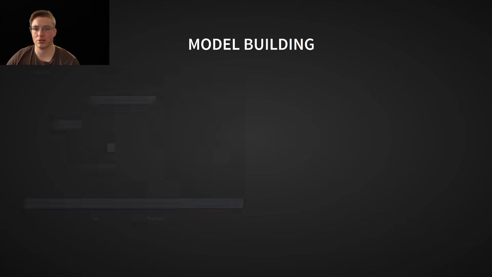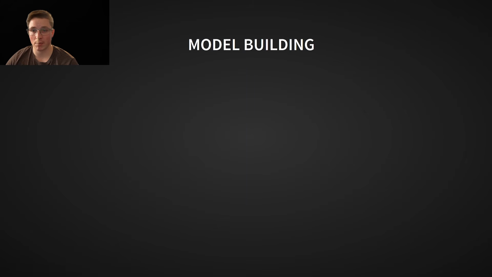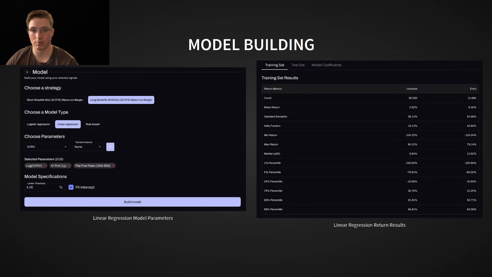We'll start with a simple linear regression model. This type of model generates a formula that predicts expected return based on our input signals. Initially, we'll use it to identify any trades where the model predicts a return greater than 0%. As expected, since the mean return of our data is around 2%, this gives us way too many trades. To make it more manageable and realistic, we'll increase the entry threshold to only include trades where the predicted return is above 5%. This is still too many trades for me.